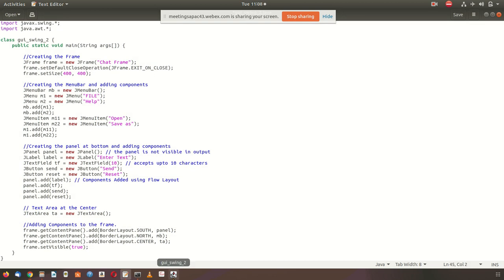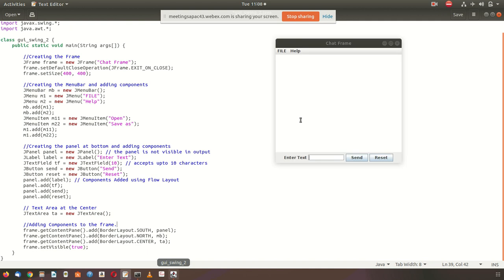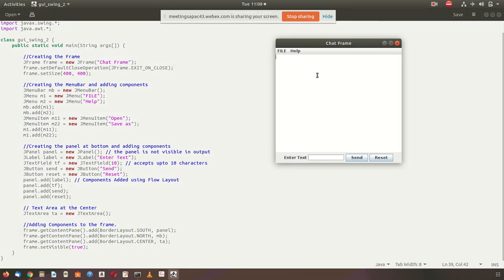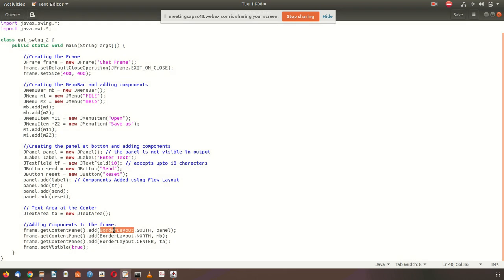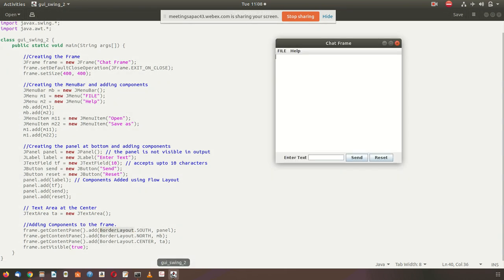Now adding components to the frame. If you remember in the previous example, our layout was null, that is no layout. Here we are following a border layout.